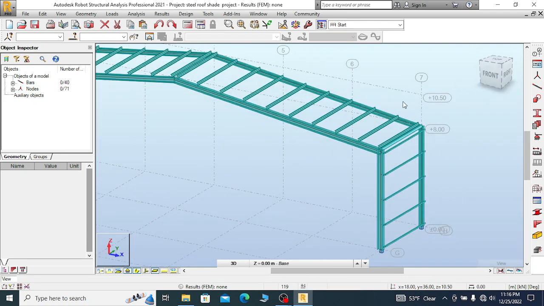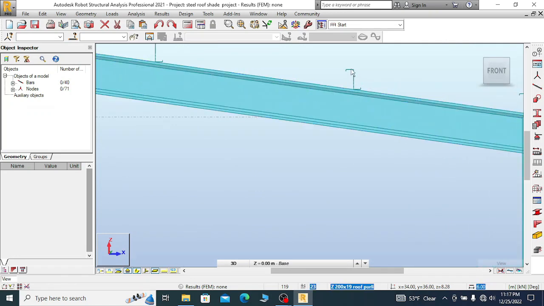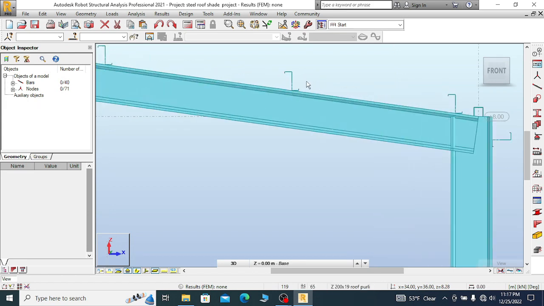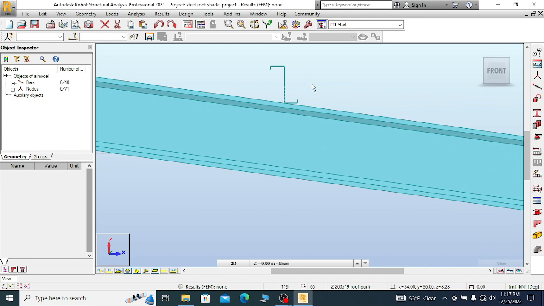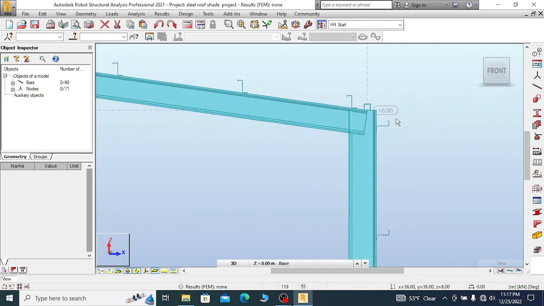But here, if you see, the purlins are not perpendicular to the rafter, because the slope of the rafter is 9.71 degrees, this angle. So we have to rotate the roof purlin by 9.71 degrees, so that the purlin will be perpendicular to the rafter. So to do this,